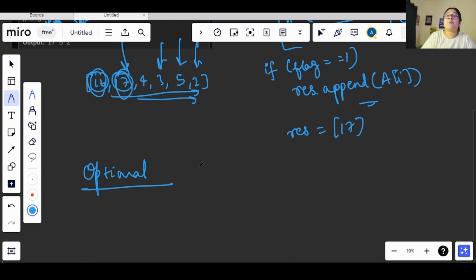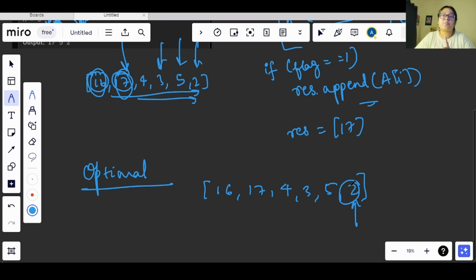Right now we are starting from the beginning, so we have to check for all the conditions. Now let's say I have this array only: 16, 17, 4, 3, 5 and 2. Just for example, I start from the back. According to this, as I said, the rightmost will always be a leader, so this is always a leader. Now I can start my iteration from here and check whether the value on the right side is lesser than that or not, right? If this 5 is the maximum till there, then it will be a leader in the array, right?